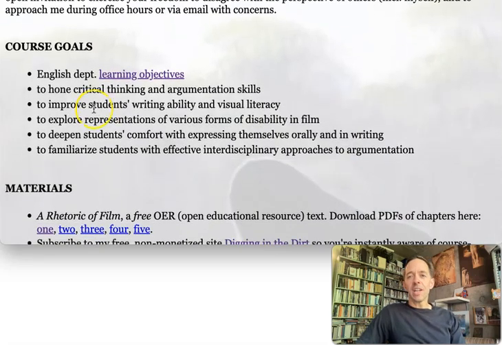The course goals are to get you to think critically and to express yourself and your opinions in writing in a cogent way, in a polished way, with proper grammar, whether you're writing or speaking orally, because there are a few assignments that require you to videotape yourself. Videotape, that's an archaic term, require you to record yourself and send me a URL of a video that you have uploaded.